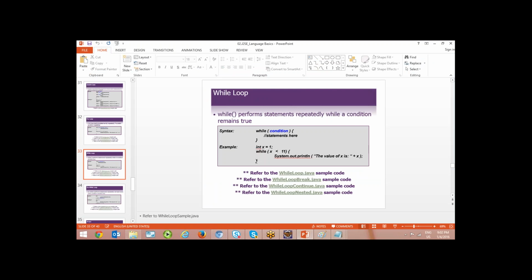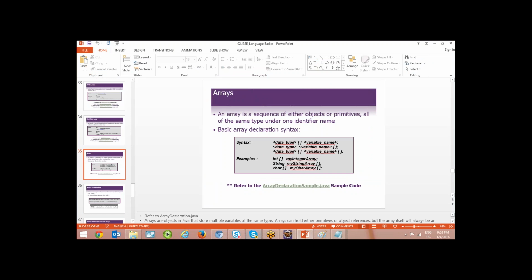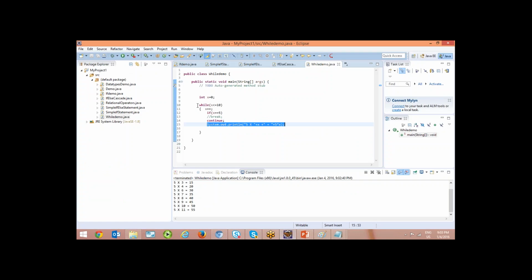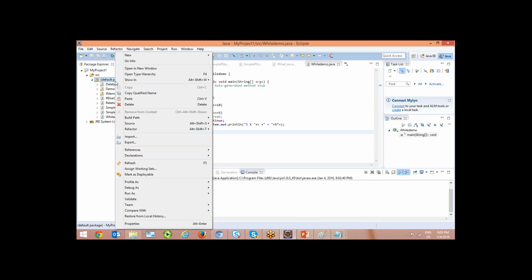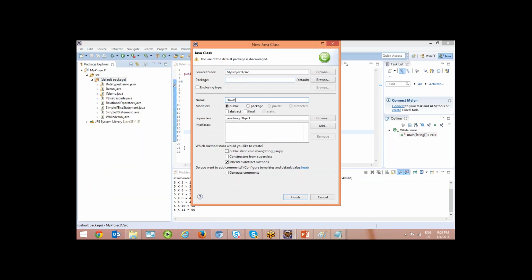The same thing is explained in the PPT, the purpose of break and continue. And the alternate statement for while is called do while. What is do while? Let us see. While is also a repetitive statement, and we have another looping statement called do while. Do while is nothing but,